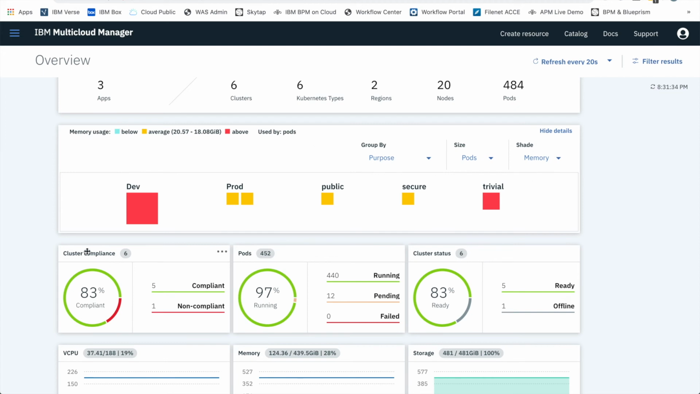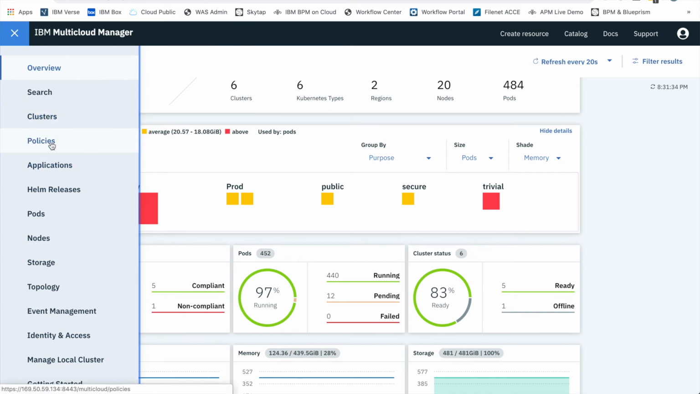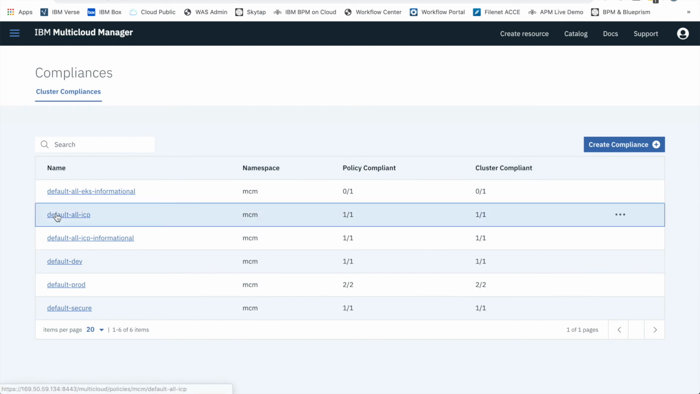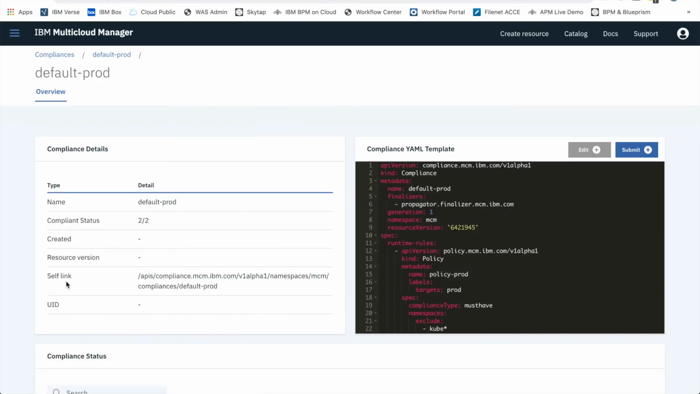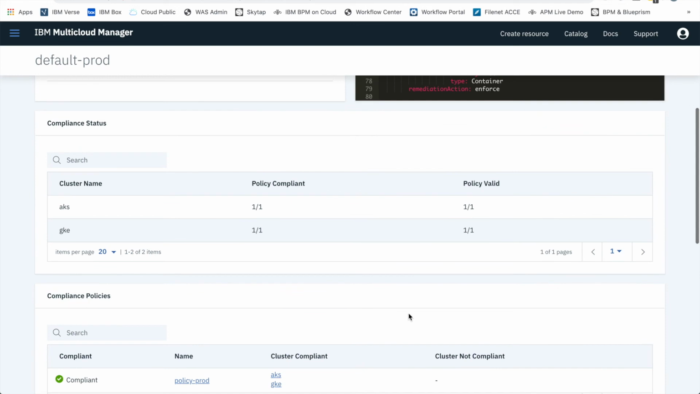In Multi-Cloud Manager, I can define what we call compliance policies. Through compliance policies, I can create rules that get applied across all the different clusters in my federation. I can go very fine-grained, like limiting the amount of memory that gets assigned to specific pods across specific cloud providers, in this case AKS and GKE,